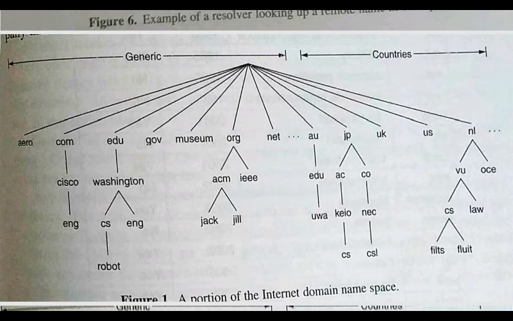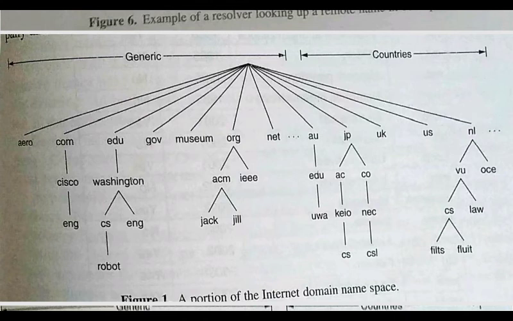If it is a .com extension, it indicates commercial. .edu indicates an educational institute, .gov indicates a government domain, .mil a military domain, .net network providers, .org non-profit organizations. .info is informational, .museum is a museum. So under which particular type does your domain name belong? Whether it is a commercial domain, an organizational domain, a government domain or a military domain, based on that you are going to get that extension.